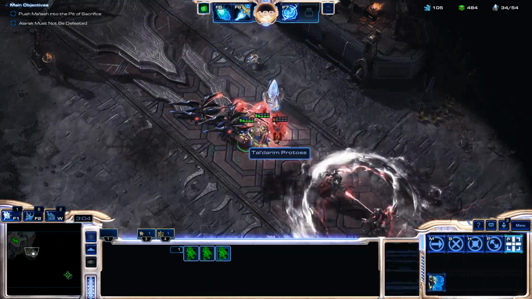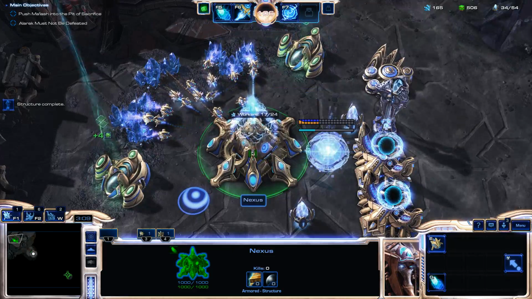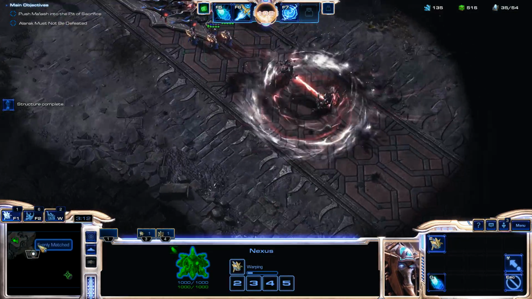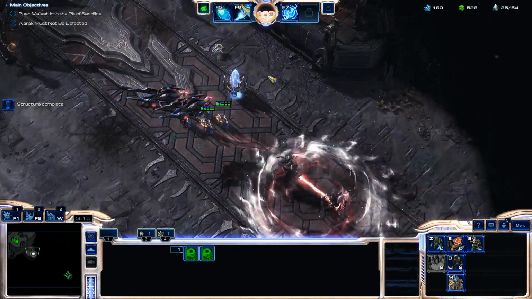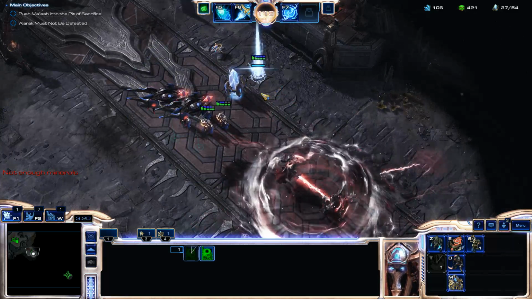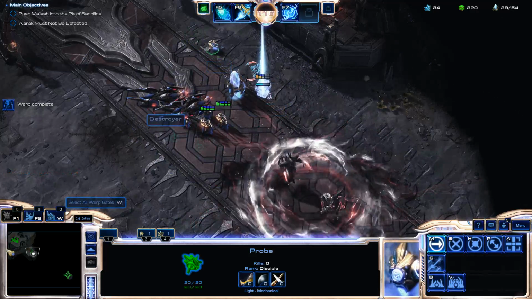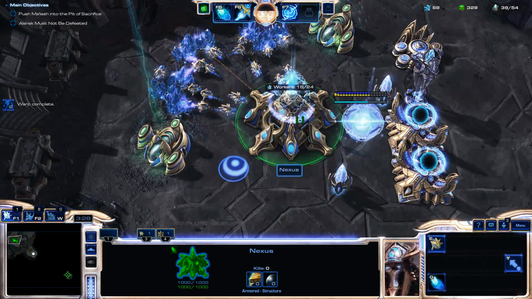Okay, good work, Adepts and Destroyers. I wanted to show off some of the extra Tal'darim units here, so we'll make some Havocs. Blood Hunter's actually really useful here right at the beginning, so let's make a few of those right now. They'll help us clear out the first section, and then the Sentinels are great frontliners here, as usual. So very soon we're going to be pushing into the first enemy